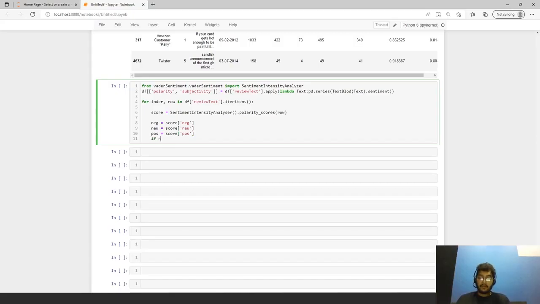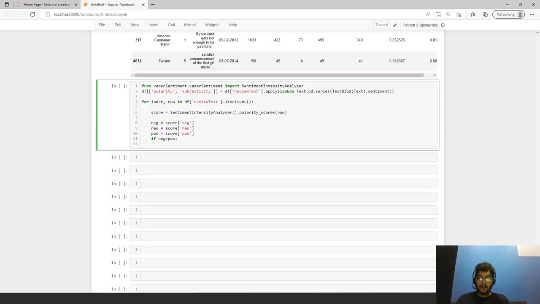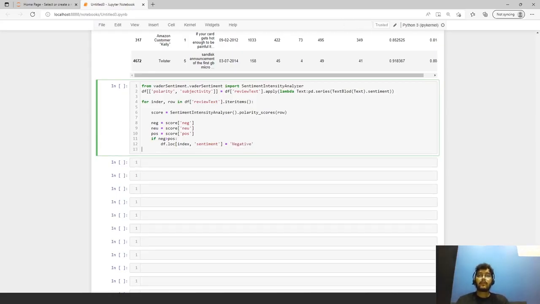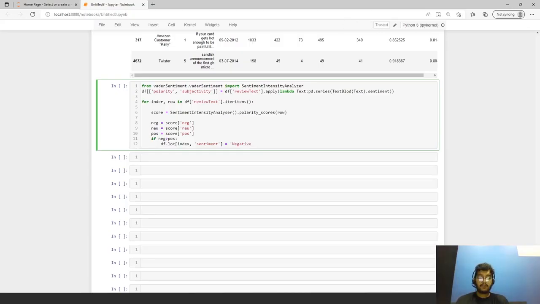If negative is greater than positive, then df dot loc index comma sentiment equals to negative. Negative. Okay, then